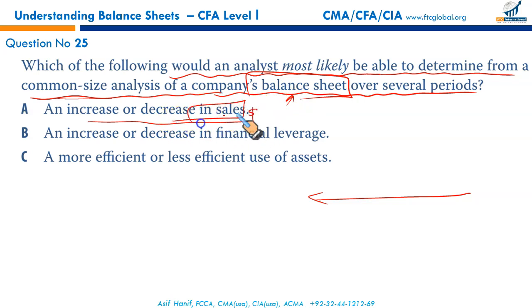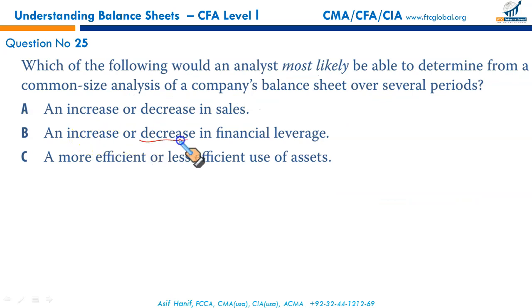And he's asking for sales. Sales is a part of your income statement, so you would need to look at the common size income statement, not the balance sheet. Wrong. And moreover, common size financial statements give you a comparative measure, either the percentage of sales or the percentage of balance sheet totals, right? So they are not in dollar terms. That totally rejects option A.